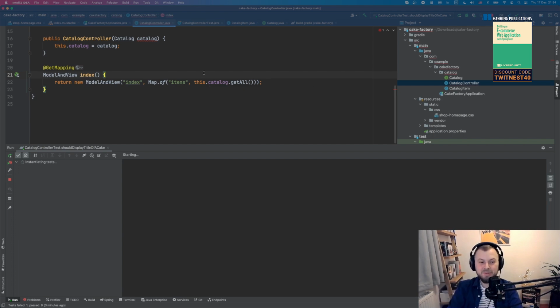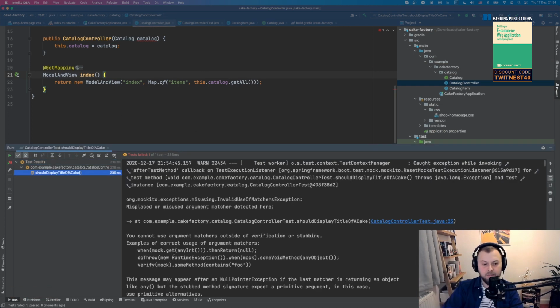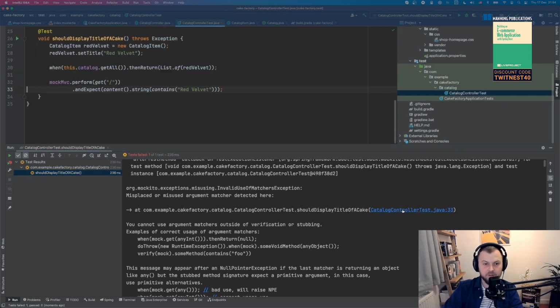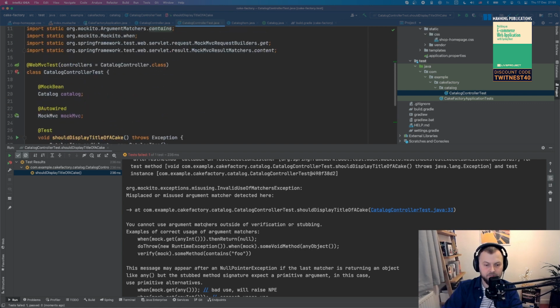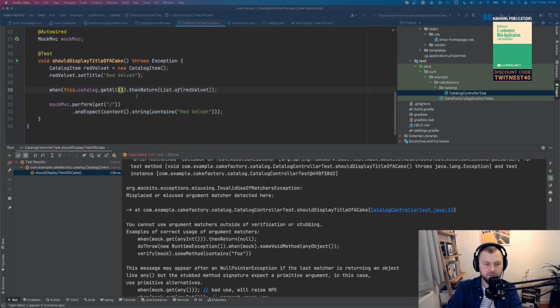Because we're now returning the model, but we're still not rendering anything into that. So now the model actually gets it, but invalid. Oh, actually not. Look at that. And that's contains. Yeah, I'm pretty sure I'm doing it right. Don't I?